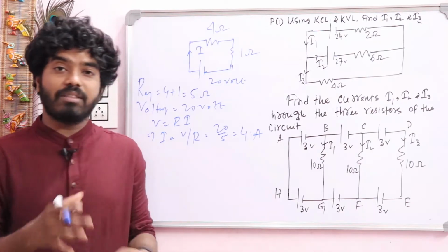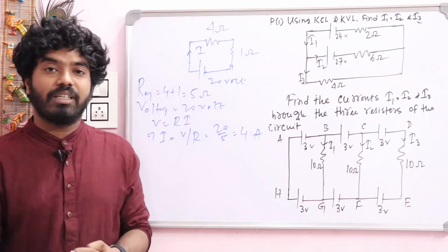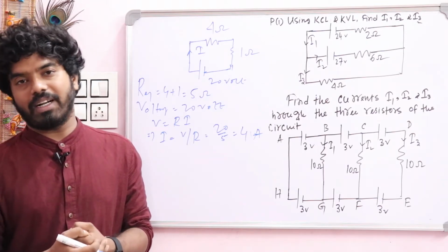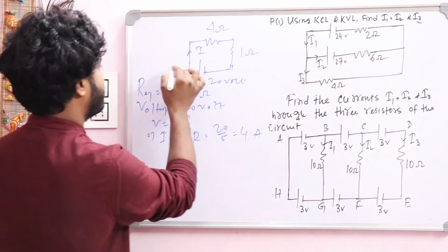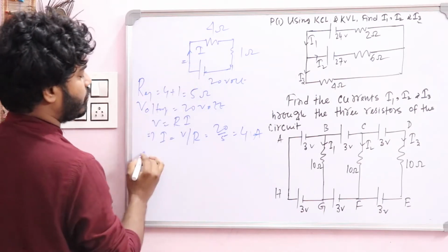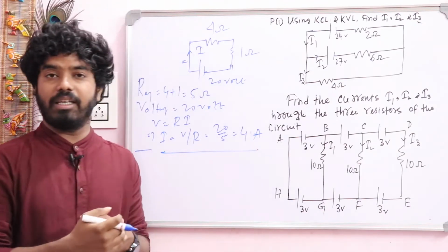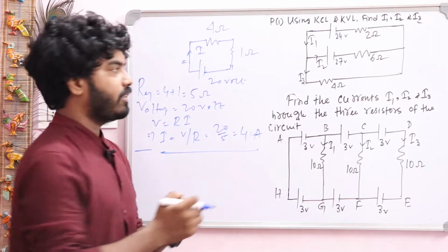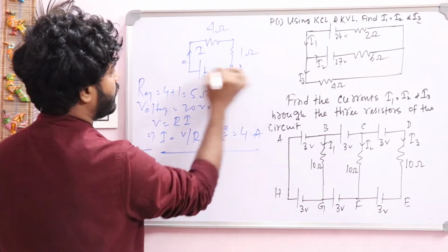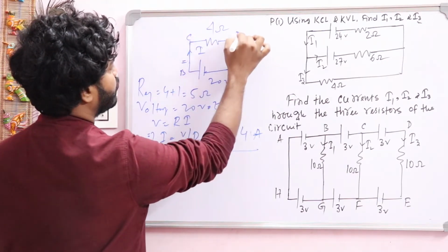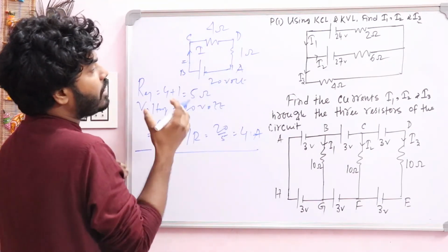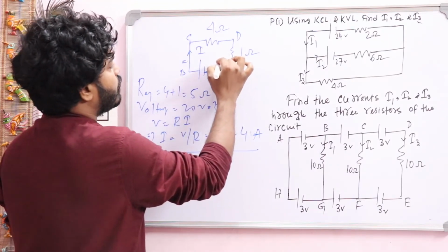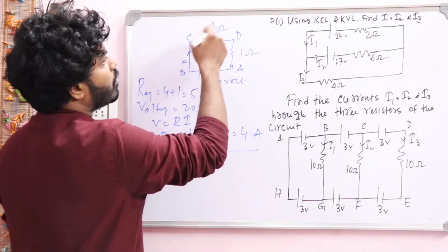Now you just see, for this circuit with the help of KVL and KCL we can also find the value of current. How? Find it. For this circuit, when we use KVL and KCL, at first you have to name the points of this circuit. Suppose this one is point A, this is point B, this is point C, and this is point D. And now you have to consider any direction, clockwise or anti-clockwise. Suppose I am considering this direction, that is clockwise.